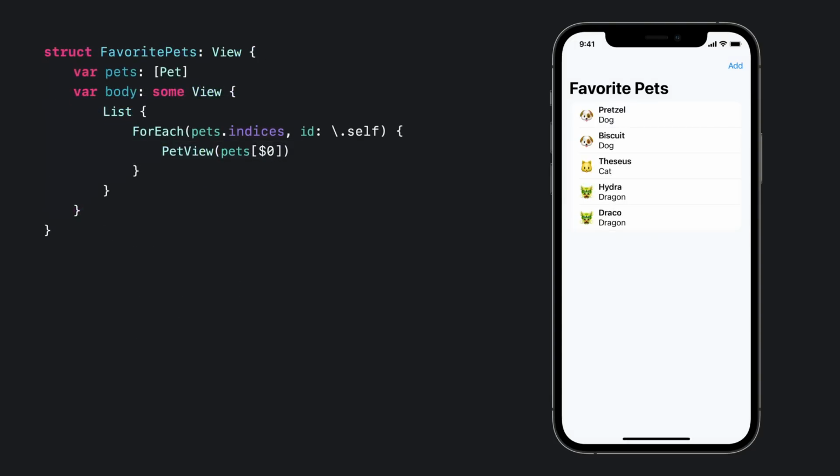What if instead, we use the indices of our pets array? Unfortunately, this has a similar problem. By using the indices, views are now identified by the position of their respective pet in the collection. If I decide I have a new first favorite pet, all the other pets will change their identity, which could cause a bad bug. In this example, the button inserts a new element at index 0, but because the last index is the new one, we get an insertion at the end instead of at the start.